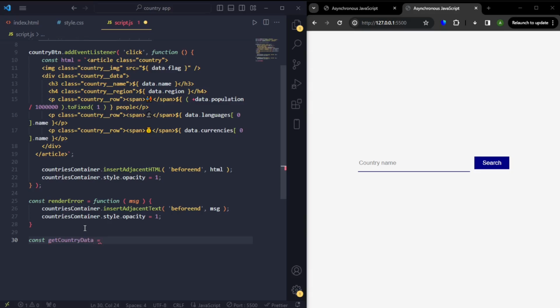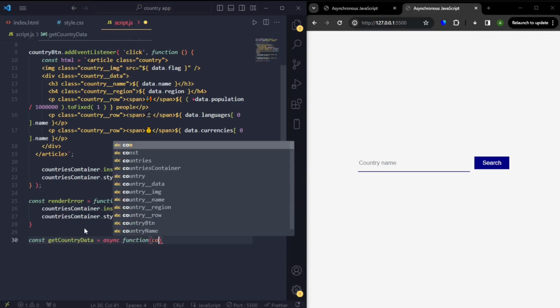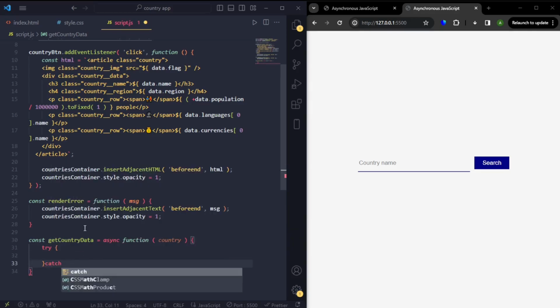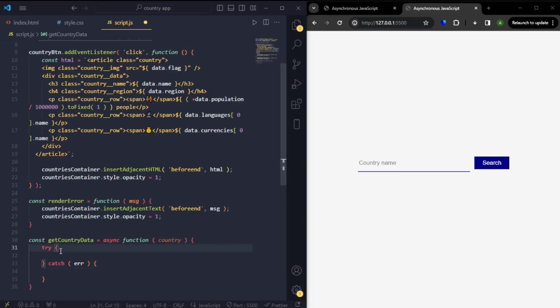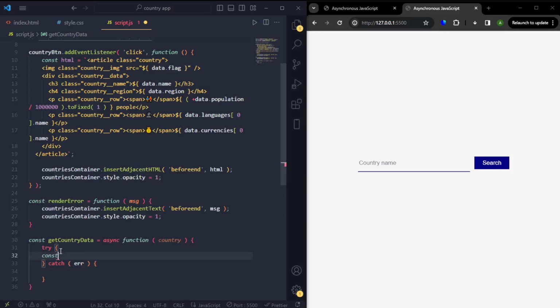I want to get the country data asynchronously, so I'll use the async function. The function is going to have an argument country. Then there'll be a try catch. Inside the try, I'm going to add a const for the API link to fetch the API. I'm going to name that response, then equals await